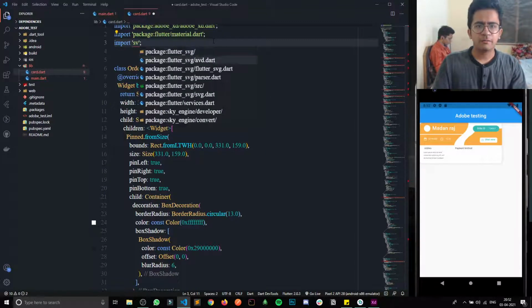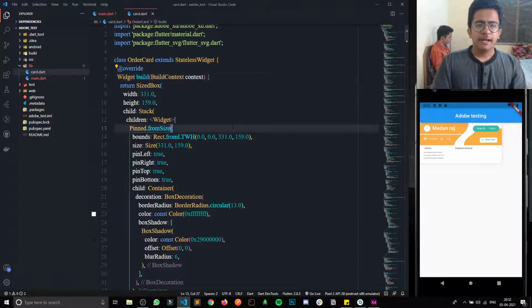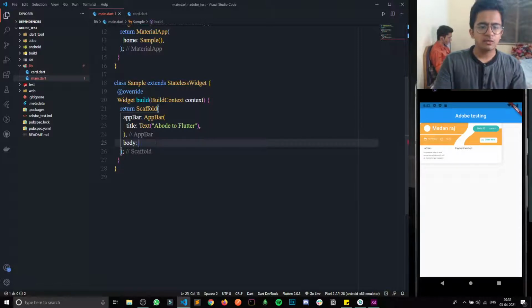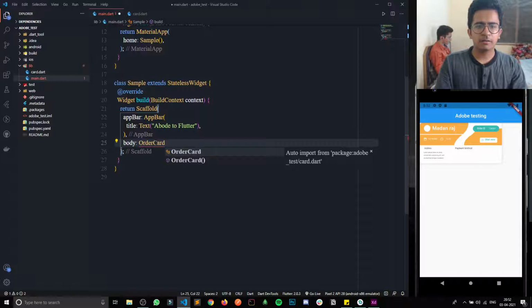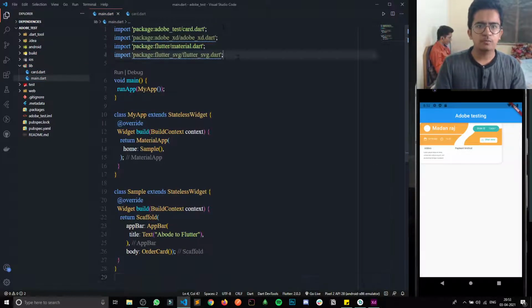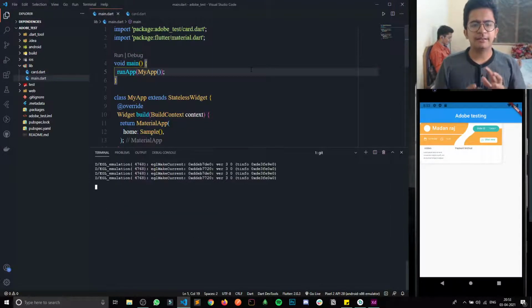That's it, and then all good to go. The only thing remaining is to call that widget here, OrderCard, perfect. It's auto imported, and boom. So I will restart the app. Let's see.